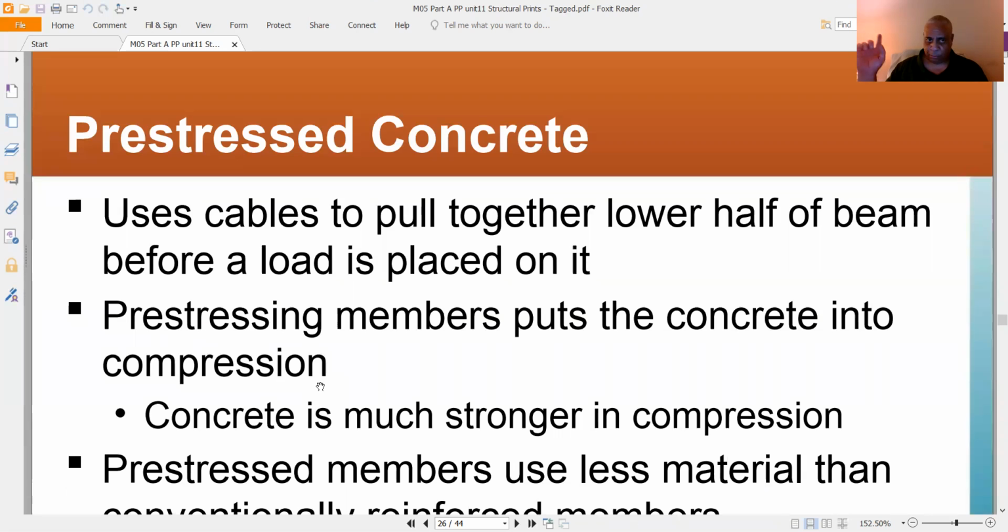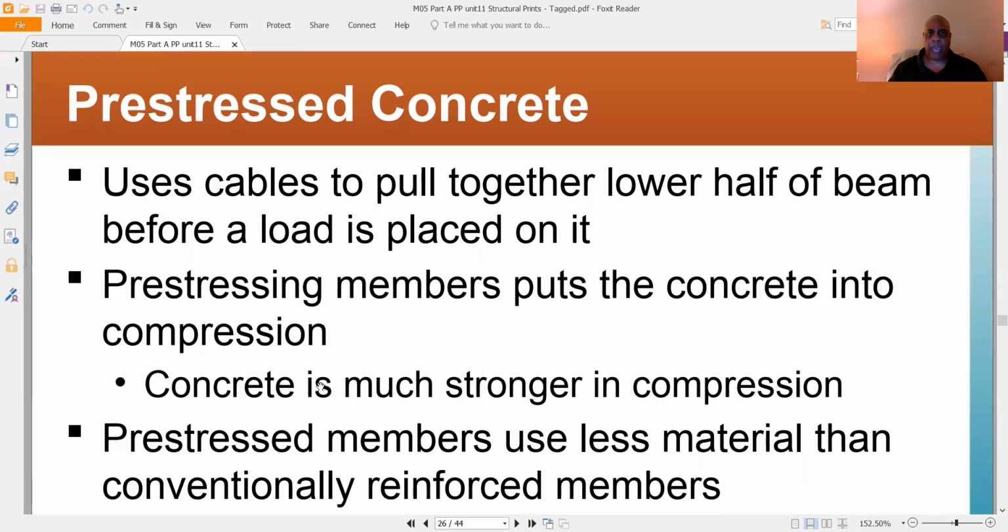And you have your pre-stressed concrete. This goes back to your box culvert. It uses cables to pull together the lower half of the beam before a load is placed on it. Pre-stressing members puts the concrete into compression. Again, tension is when you pull down, and in structural engineering, it's always the smile. Compression is you're pushing down. Tension,